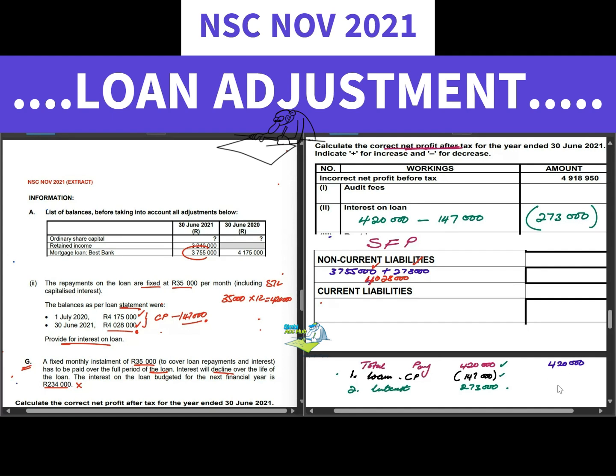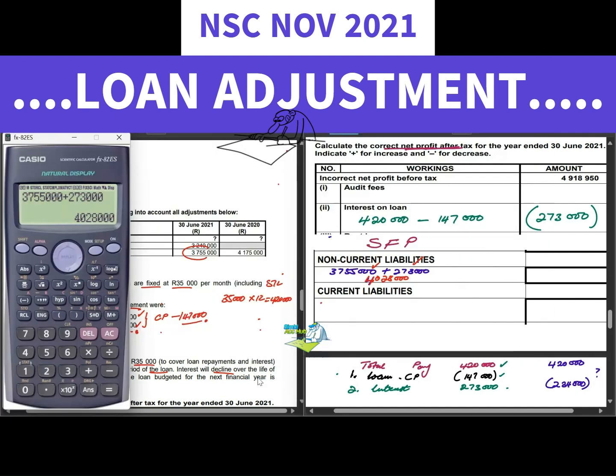But we now know that the interest is going to change. The interest is now going to be 234,000. So the question then is, how much is the loan? I'll say the 420,000, then I subtract the 234,000, and then it will